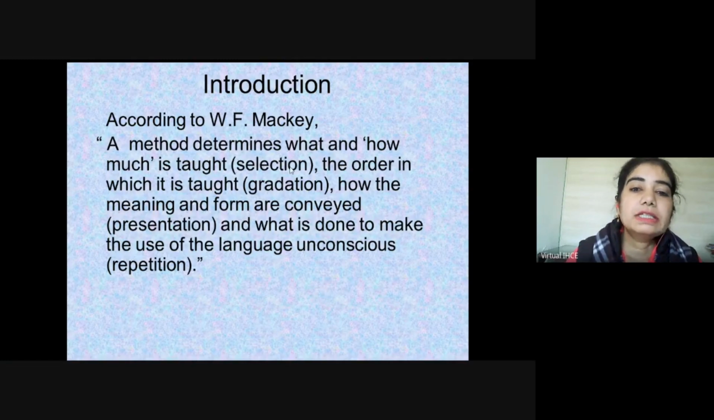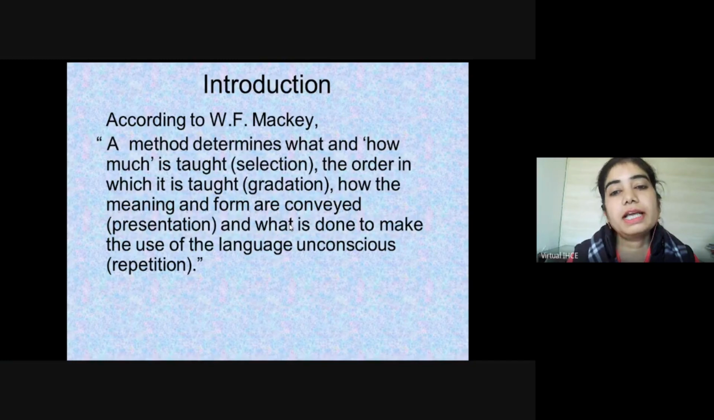So a method determines what and how much is taught. That is the selection of the material, how much material has to be taught. The order in which it is taught means which lesson you will teach them first, or which part of the lesson you are going to teach them first and which part you are going to teach next, that is gradation. How the meaning and form are conveyed, in which way you are going to convey